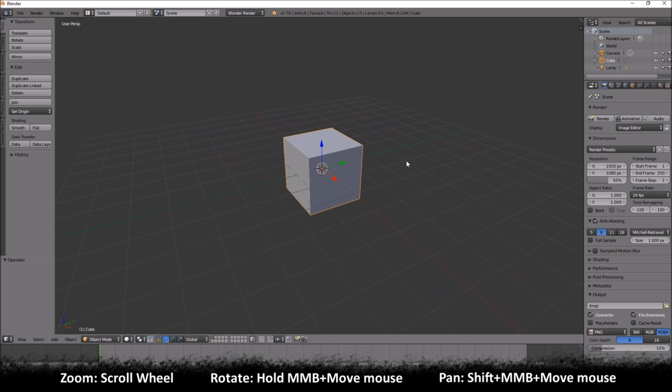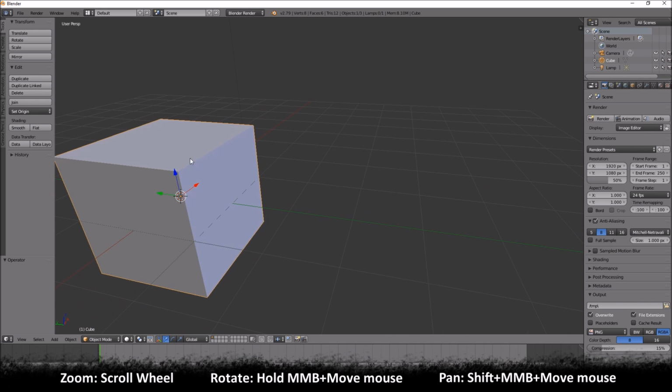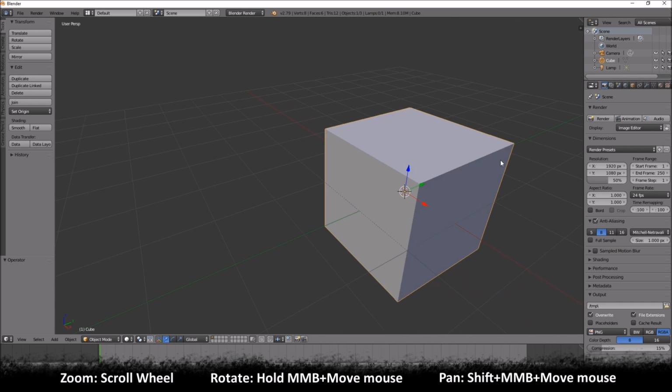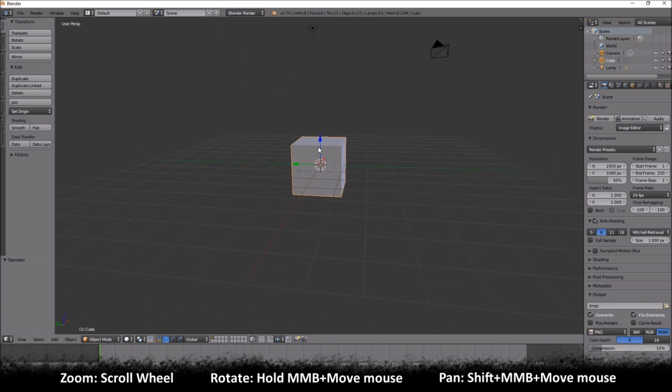So those 3 actions allow you to navigate your scene or your object or whatever you're working on, and before you know it, you'll be so used to it you won't even think about what buttons you're pressing to get around your